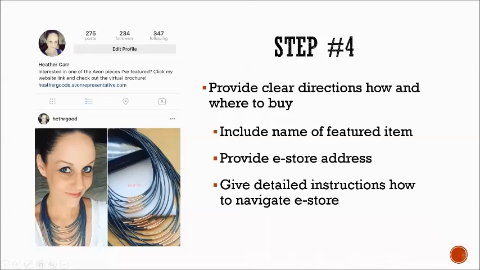Give detailed instructions how to navigate to your e-store. Inevitably, someone will be interested in purchasing an item you've posted, so be ready with instructions how to complete that sale. Start off by providing your e-store address and then tell them how to navigate to the item through it. Make sure to mention that all e-orders above $40 always receive free shipping. If there are any current customer incentives, also known as coupon codes, make sure to point them out at the outset and you just might get an add-on sale.